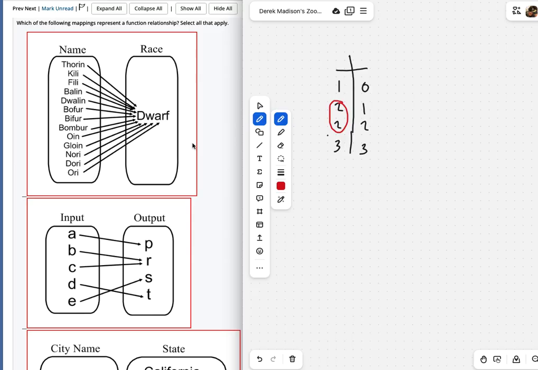For these other ones, this feels like it might be a problem, but it actually isn't. When the name is Thorin, that's a dwarf. When the name is whatever that is, that's also a dwarf. For each of these, the answer is always the same: they're all dwarfs. So in terms of a table, what that would look like,